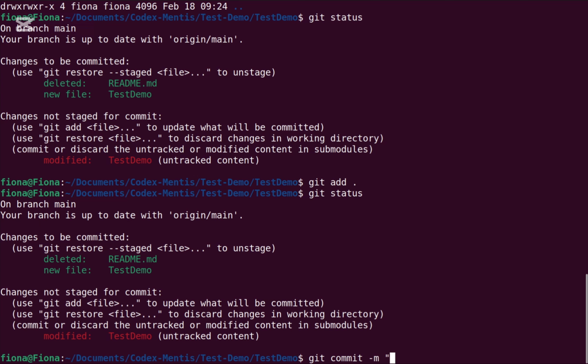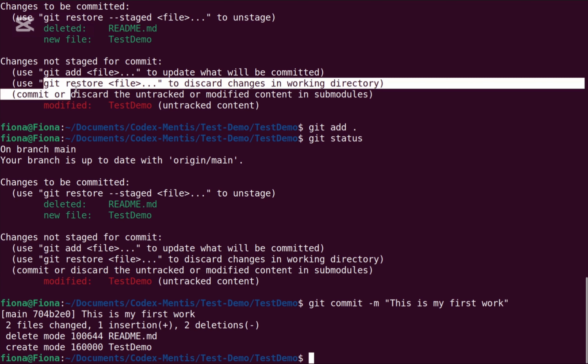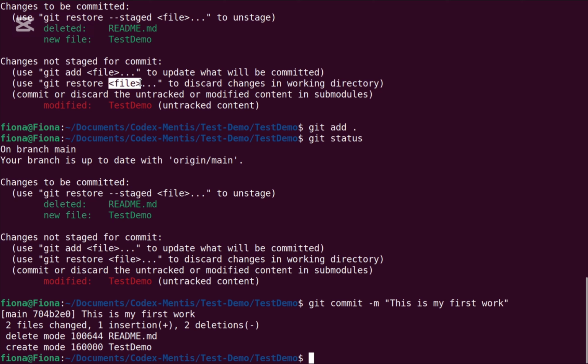So you put them in quotes. You say, this is my first work. And it's going to tell you what has changed. So we have 2 files changed, we have 1 insertion, you have 2 deletions. And if you're happy with what's happened, you push your work. If you don't want to push your work, you can do git restore, and then you add the file name. So in this instance, you can say